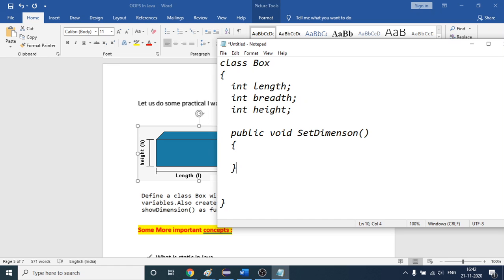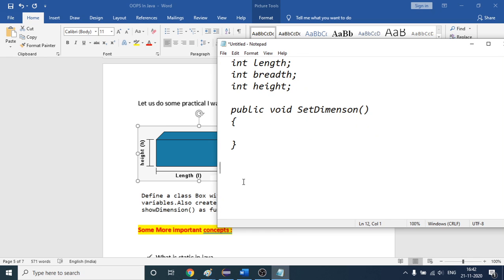So why are we creating this method? When you create this box object, I will just set the length, breadth and height, right? So this method will do that. And here you can also have one more method, which is public void, you can say show the box dimensions, right? Here, what this method will do, it will just